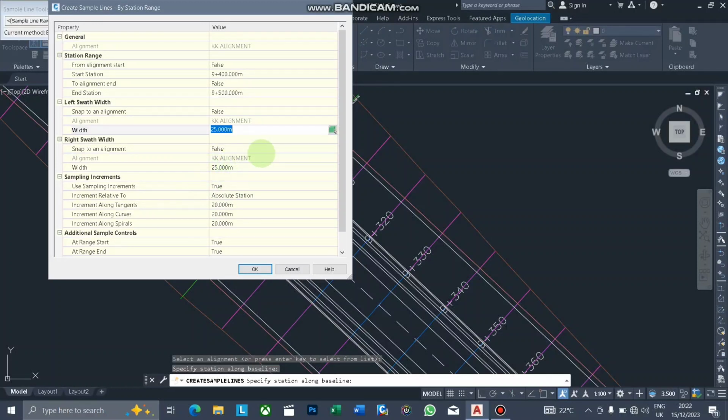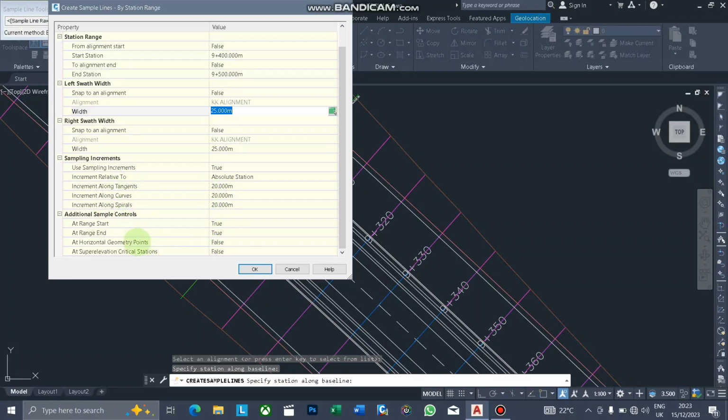So the total width of the cross section will be 50 meters, left and right. Then the sample line increments, I want to keep them at 20 along spirals, curves, and tangents. Then do I need sample lines at the start station? True. I also need it at the end station. Then you click